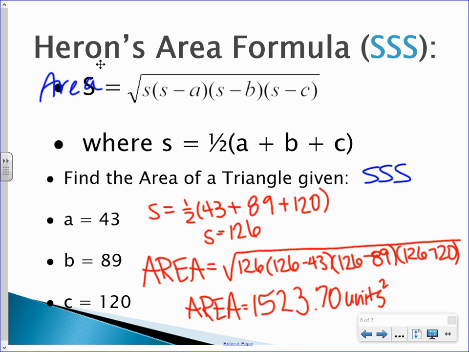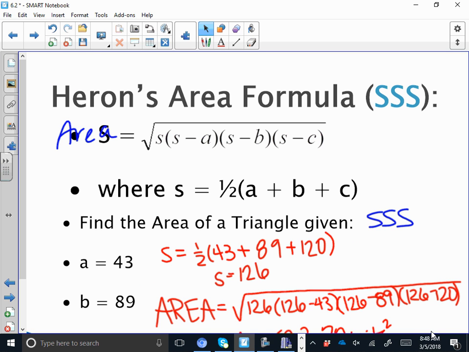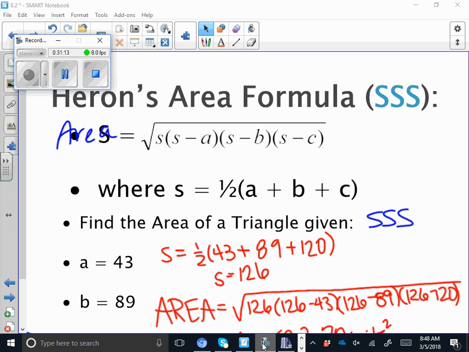Okay. You have a homework assignment and a quiz in 2 days. So you have your homework assignment this evening. Tomorrow, we're going to spend some time working with both law of sines and law of cosines, making the decisions, okay, which one do I need to use? And then Wednesday is our quiz, okay? Will I give you these formulas? No, I won't. Okay? I will not give you